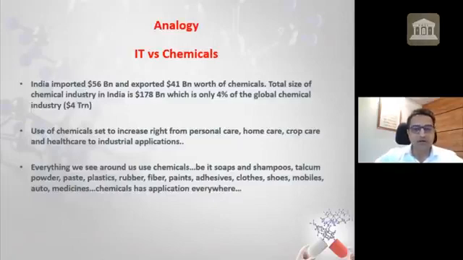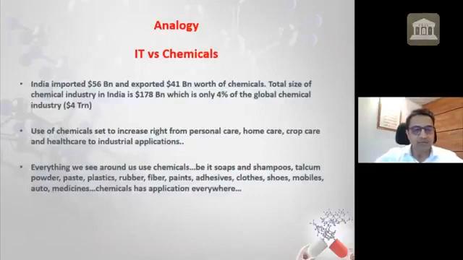So I think the chemical industry in the next 10 or 15 years is going to be really, really big. Right now, if you look at IT, there are a lot of companies with a 2 lakh crore market cap, 4 lakh crore, 10 lakh crore market cap. In the next 10 years, I think there will be many chemical companies with more than 1 lakh crore, 2 lakh crore, and 5 lakh crore market cap. So there will be new TCS and new Infosys coming out of chemical and pharma.